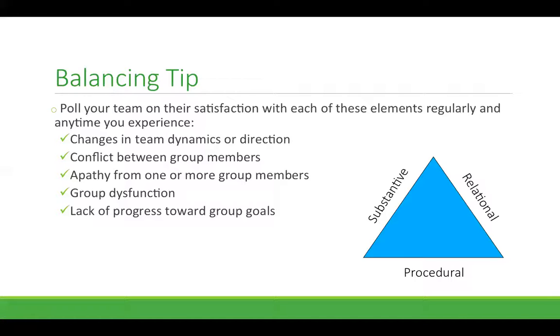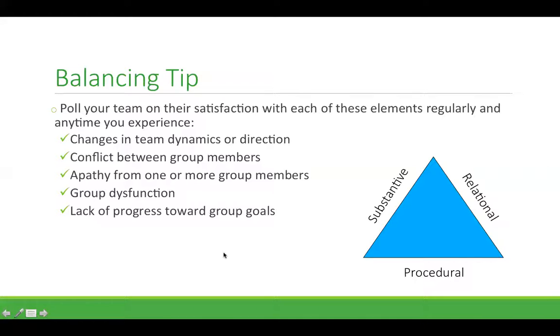And as you're thinking about whether you have any questions, this is a tip. For any group setting, again, this could be clinical, interagency, any kind of group setting, it's really important to balance these 3 elements of the work.